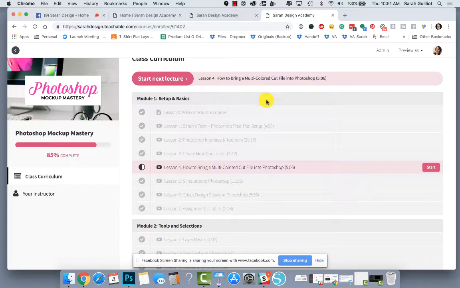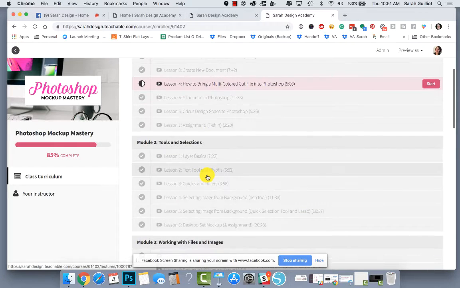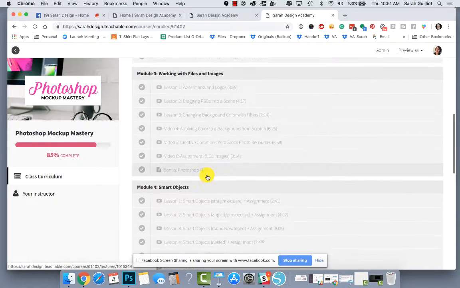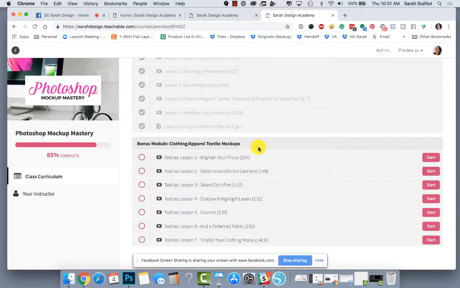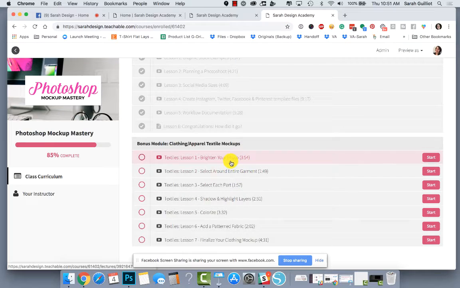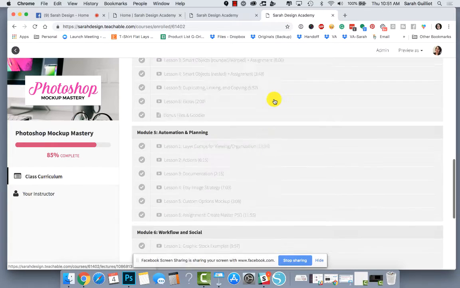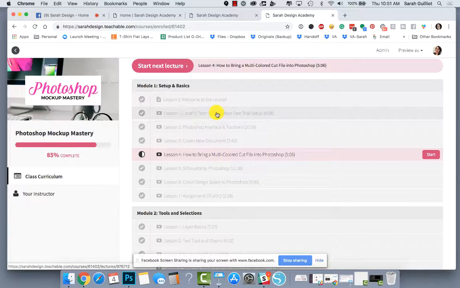This is module 1, setups and basics. And then there's lessons underneath each of those. You can see here's module 2, module 3, so on and so forth, all the way down to this bonus module, which is that clothing mockups course just pulled into this area. So all the lessons are right there. When you want to actually start doing the lessons, you just click in